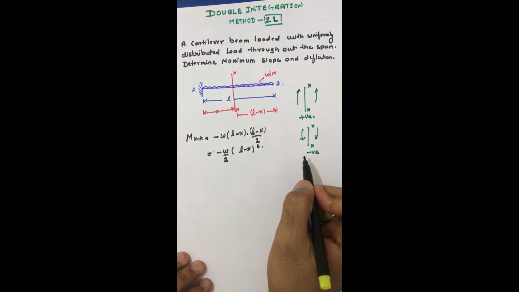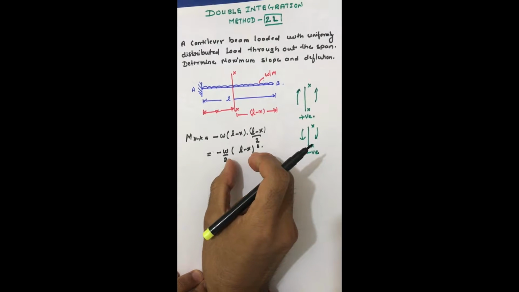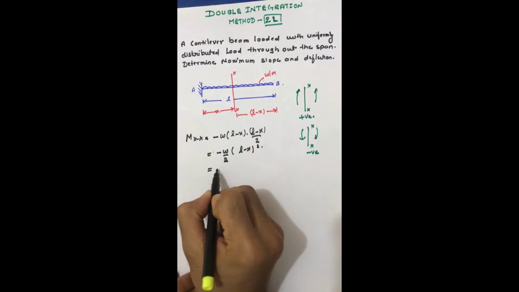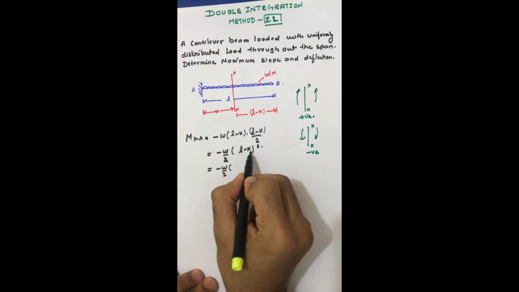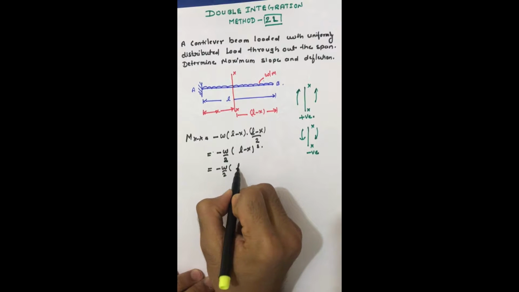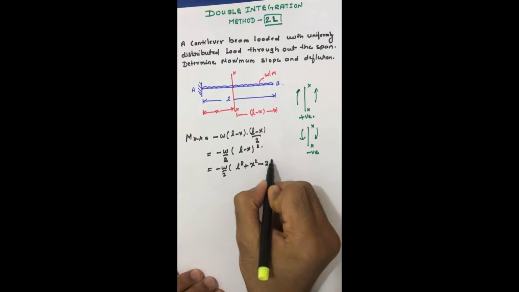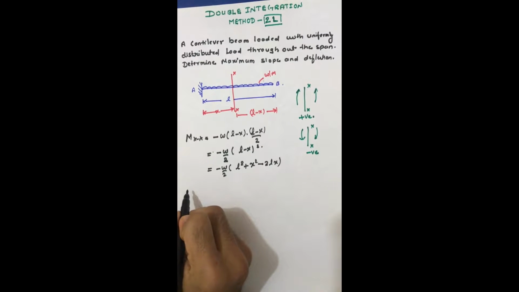As in the previous video also I have told to expand this part in order to reduce the error, so I am going to expand that. It is (L minus x) whole square, meaning (a minus b) whole square, and it will be a square plus b square minus 2 times L into x. Now we know that